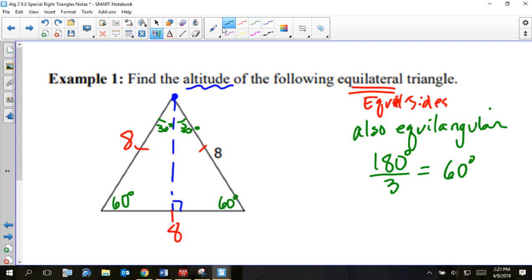So I'm just going to copy one of those 30, 60, 90 so you can see what I'm doing and what I'm thinking here. So there's the 60 degrees. There's the 8. We have to find the height. So we use our formulas. Across from the 30 degrees, across from the smallest angle, is always the shortest side. So across from the 30 degrees is always the 1x. In a 30, 60, 90, we've got 3 different sides, so we're going to have a square root 3 somewhere. But when I go to the hypotenuse,